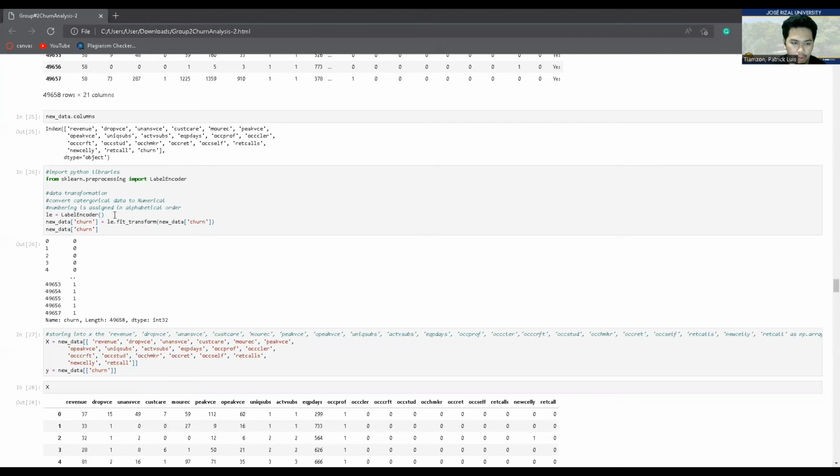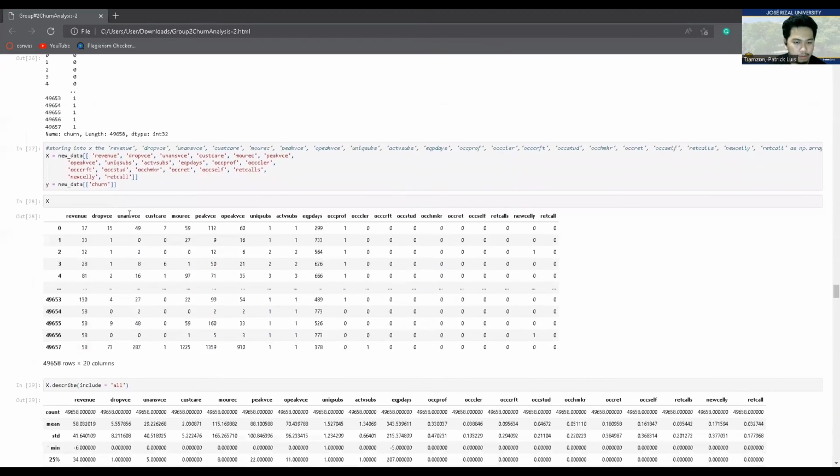We turned categorical into numerical. So this part we proceed to store in X and Y. Y data is the churn, while the others are in the X.